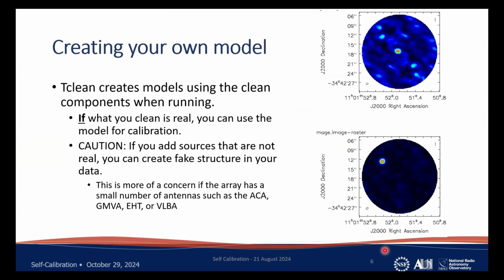So the essence of calibration is that anything can be a calibrator. It doesn't have to be a quasar or a solar system object. If we have a good model of some source, then it can also be a calibrator. This is actually what self-calibration is doing. We have learned how to use tclean, and we know that tclean also creates a model for our source. So if we trust our tclean model, then we can use it for self-calibration. But of course, this relies on the assumption that what we clean is